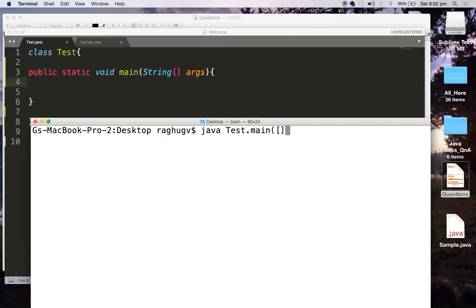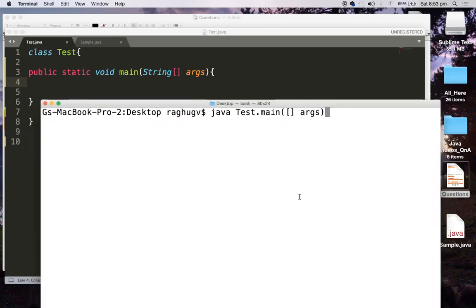Usually we will have that name as args. Now this args is a name referring to an array of type String, and we can send some arguments from this command, and those arguments are called command line arguments.